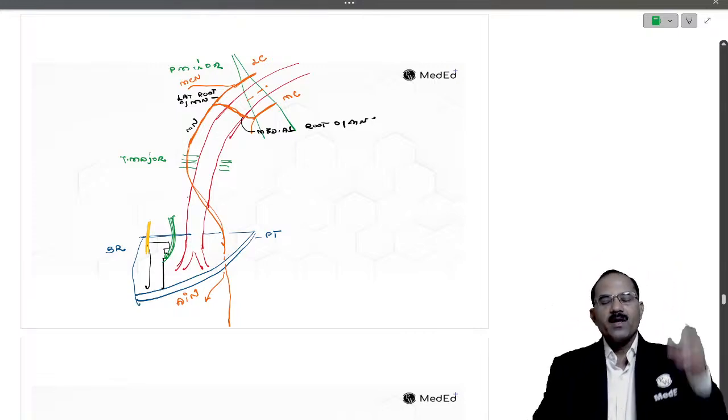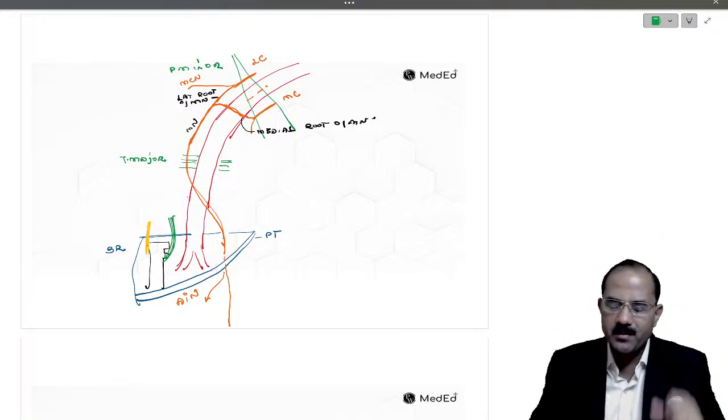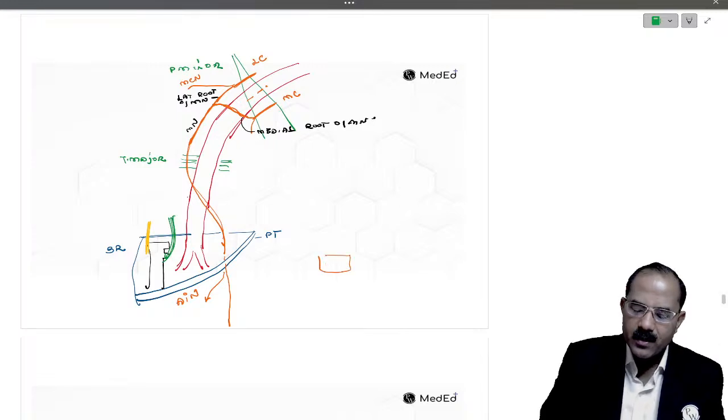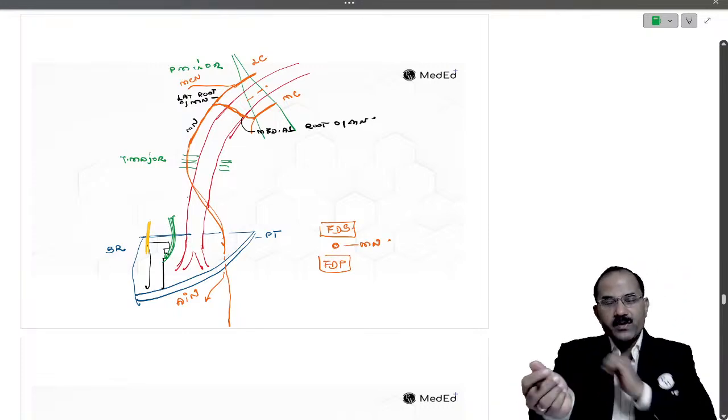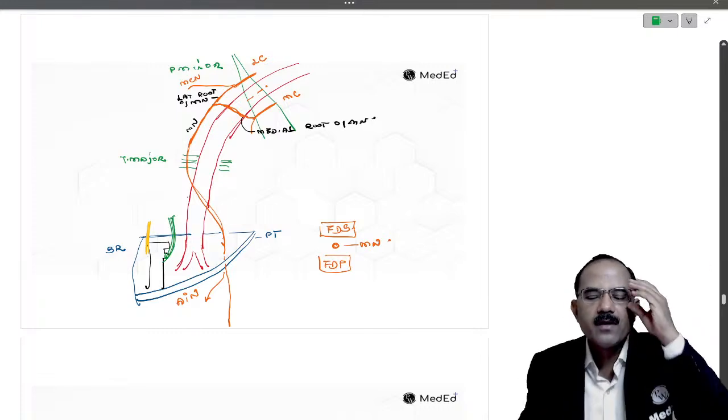The median nerve in the forearm lies on which muscle? That's the flexor digitorum profundus. And below which muscle? That's the flexor digitorum superficialis. I've shown you this. So in the forearm,